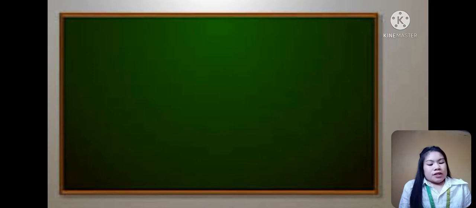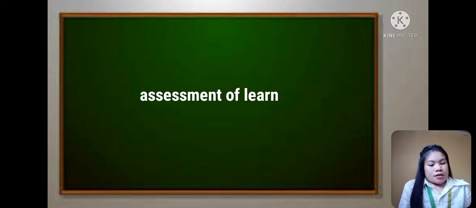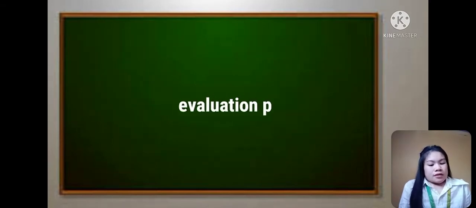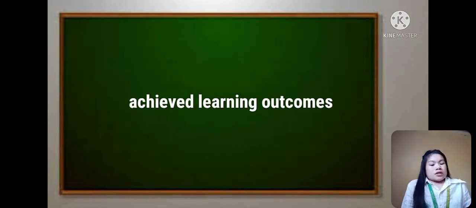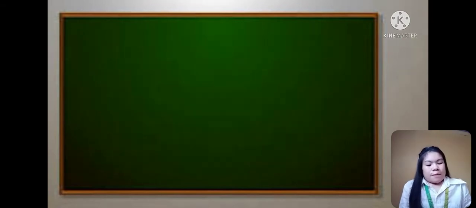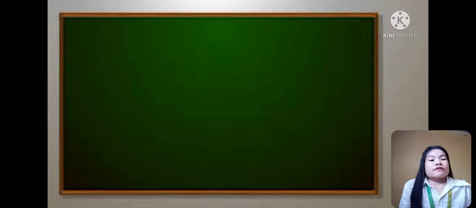Let us find out in this lesson that assessment of learning is an evaluation process that tells whether the intended learning outcomes through the teaching-learning process have been converted into achieved learning outcomes. We will also find out that learning outcomes can be measured through the use of different assessment tools. Further, as future teachers, you should also understand and interpret the grading system that has been derived from assessment